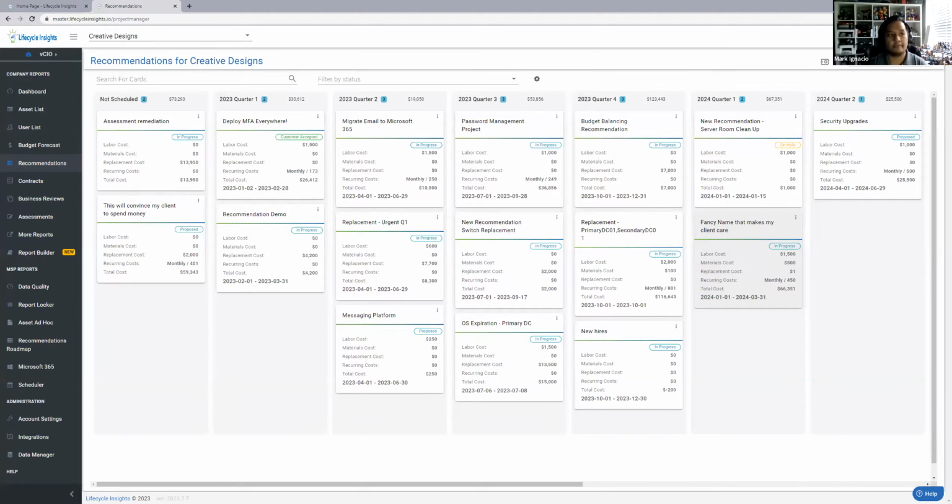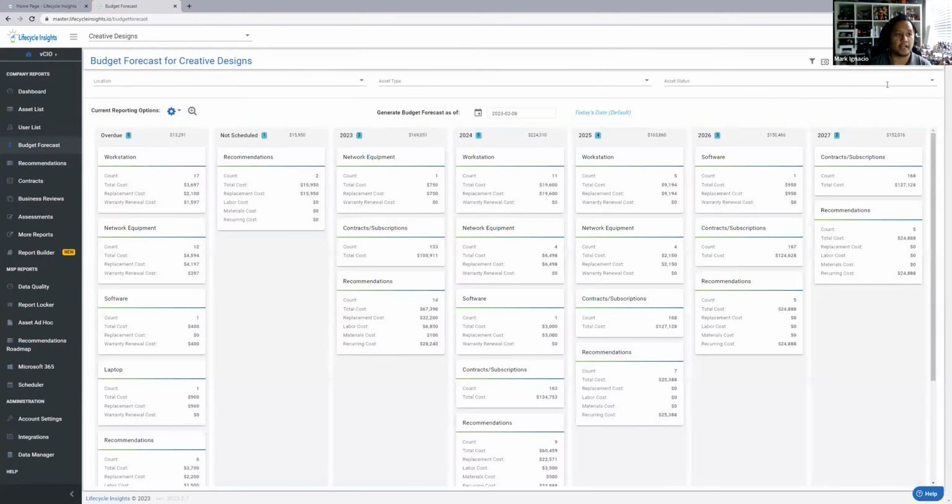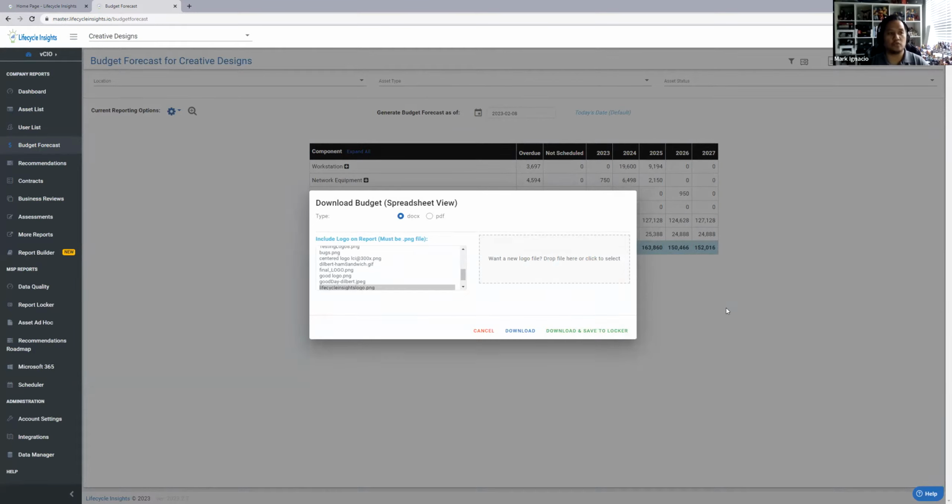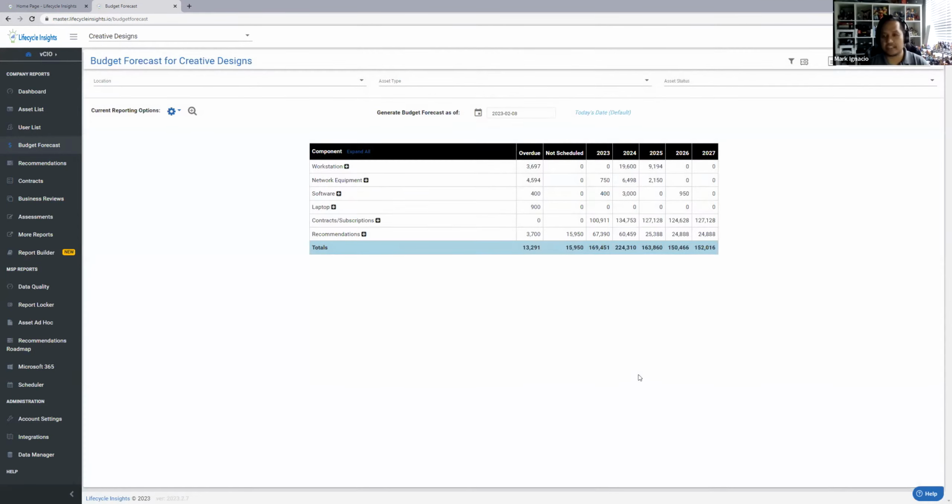Okay. Once again, lastly, as far as the budget board is concerned, just to hit back up, the budget board does not have a view or an export that you can download. You can download, export PDF, CSV, and you can save that to Report Locker if you want to give access to your clients, and you can just give them access to Report Locker files. That is pretty much it as far as budget forecast and all about budgets is concerned for this day.